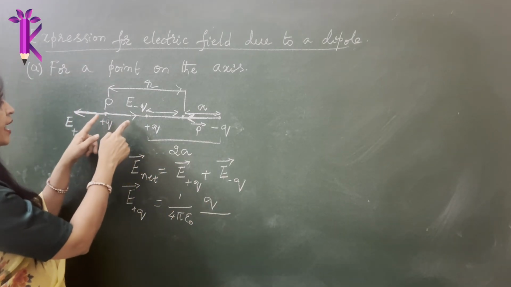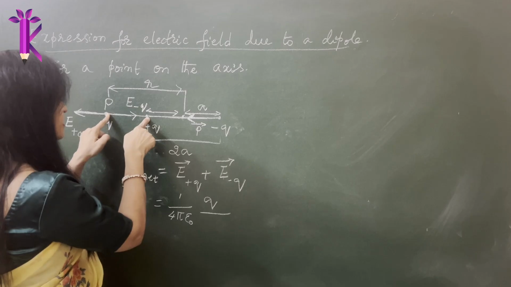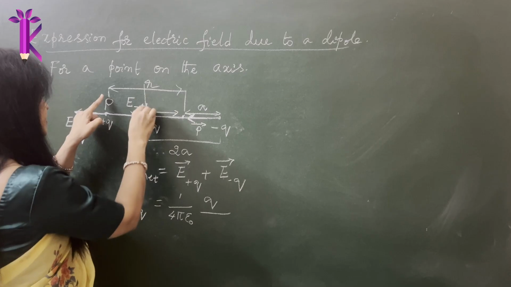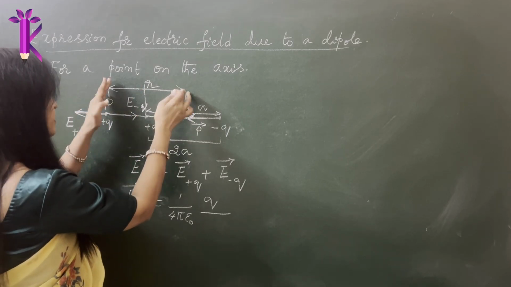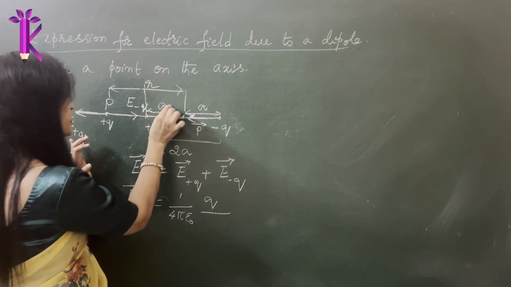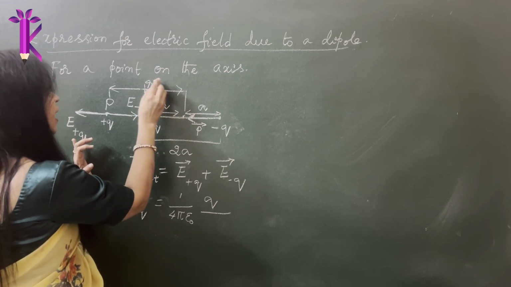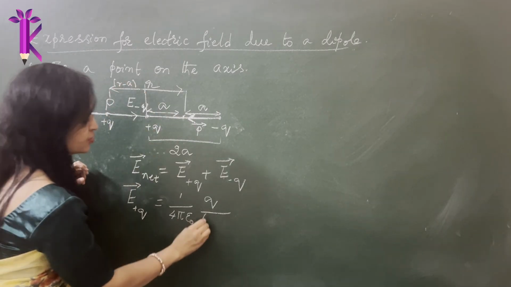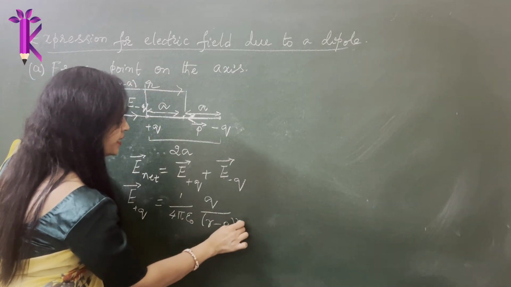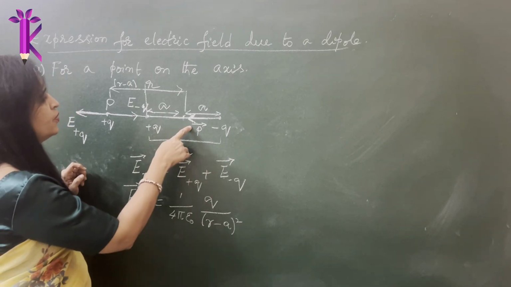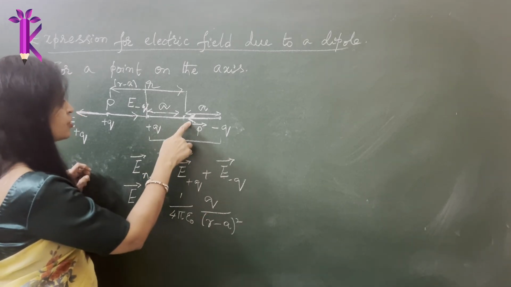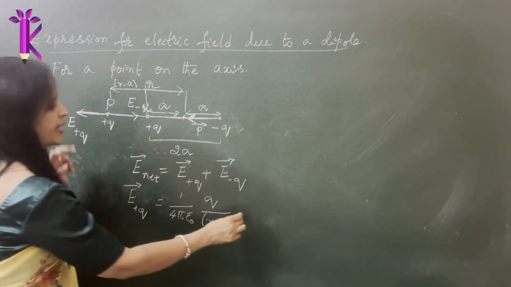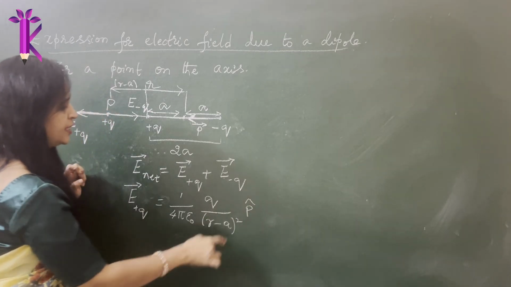What is this r square? R square is the distance. You have to calculate this distance. So this entire distance is r, and we only need this distance. In this entire distance, I have to subtract this. How much is this distance? This distance is a. So you have to subtract a out of r to get this distance. So this distance will be r minus a. So this will be r minus a the whole square into what is the direction of the dipole? You have to write the direction of the dipole. The direction of the dipole and the electric field direction due to plus q are in the same direction. So therefore, dipole unit vector p.